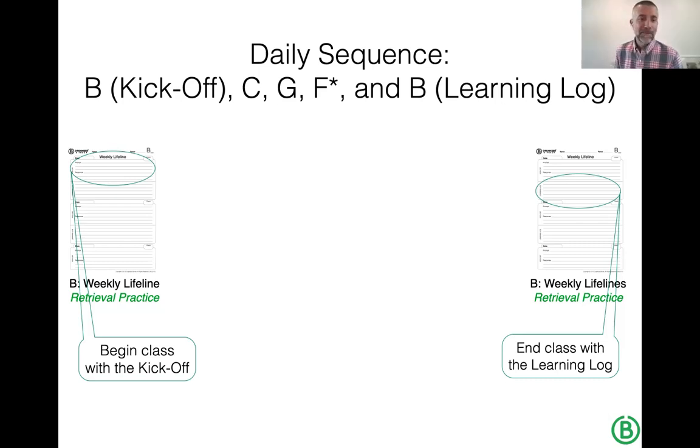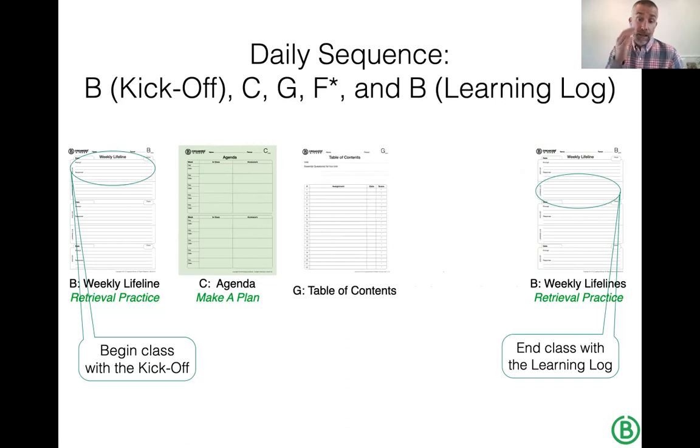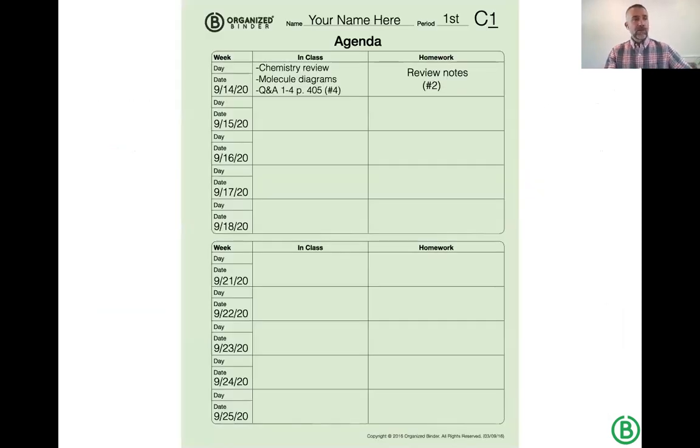Okay. Thanks, man. So I'm going to go back to the beginning of class real quick. And again, my apologies for just talking at you. I don't like doing this, but I'm trying to respect your time. We would begin at that kickoff, and then when students check themselves, that's also a transition. Once they've written that 1, 2, 3, 4, 5 in that checkbox, then we transition to this agenda and then the table of contents. And in terms of collecting the data, Fred, that you and I have talked about, these two pieces are really, really integral. And so as soon as we've done the kickoff every day, we simply turn to an agenda.